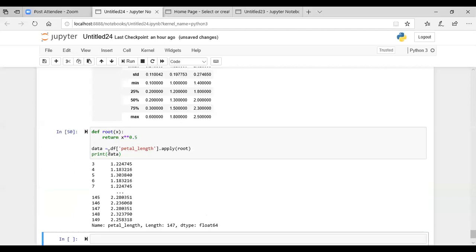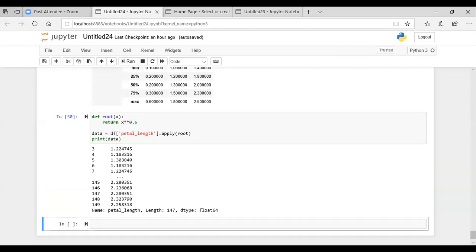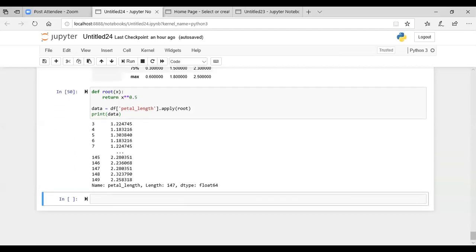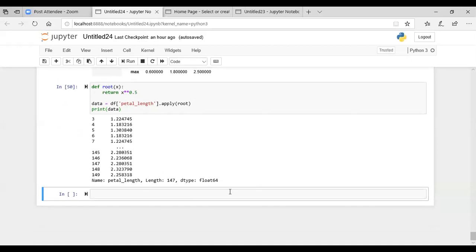So when you're printing data, it is giving you the square root of the petal length, whatever was there in the petal length column. Instead of reflecting now, you can see that these values are reflected under the petal length column itself.